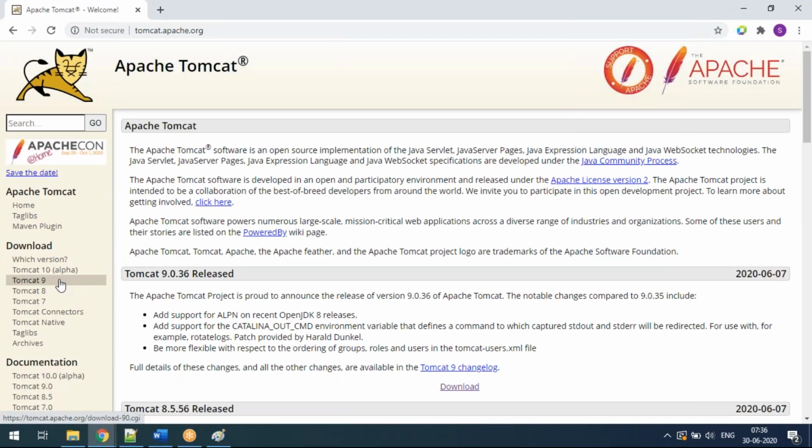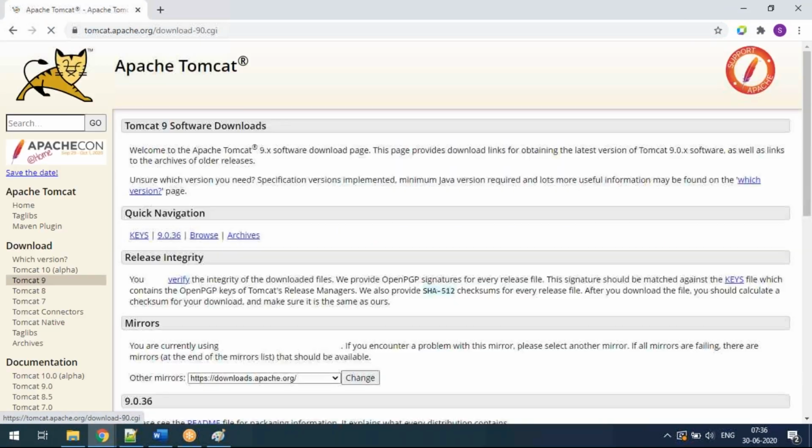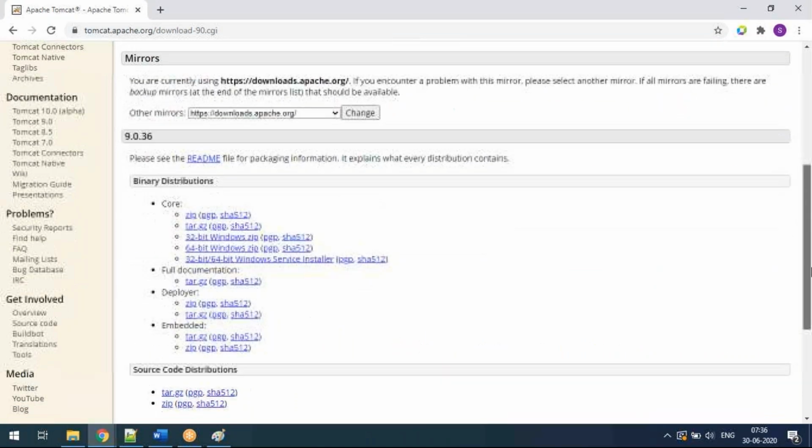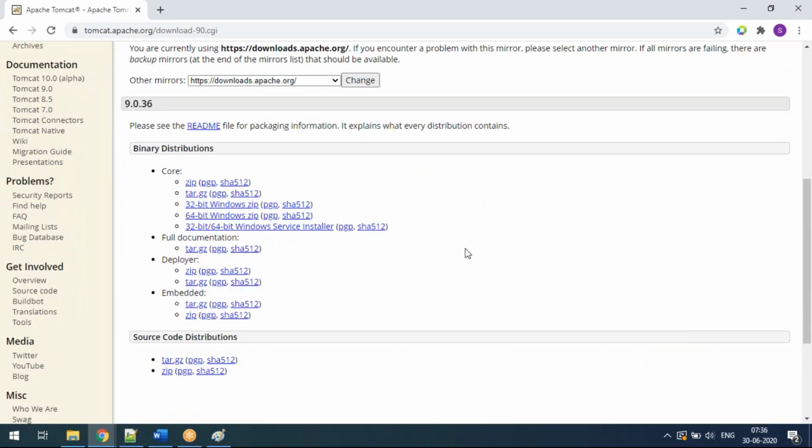In that you can choose Apache Tomcat 9 also. You can download the zip version, or you can download according to your OS bit level also, 64-bit or 32-bit, whatever, or a core level also.